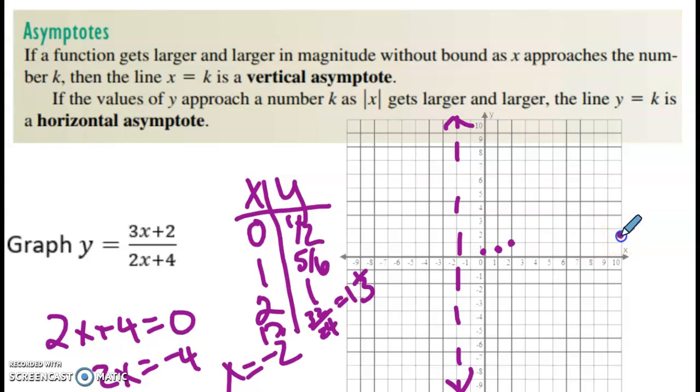Okay, so I can kind of start seeing this horizontal asymptote happening, but I'm not sure where it is. I know I'm going to hug my vertical asymptote, but I'm not sure where my horizontal asymptote is. 1 1/3, maybe I'll put, let's put 100 in. If I put 100 in, I get 302 over 2